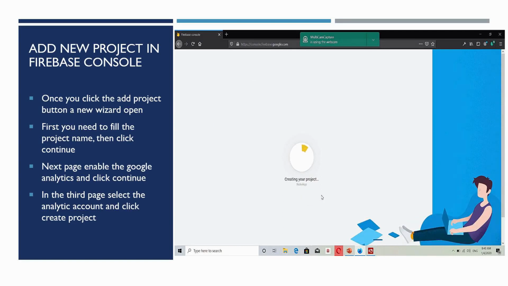It will take some time to create your project. Once you create your project successfully, it goes to the project dashboard page.